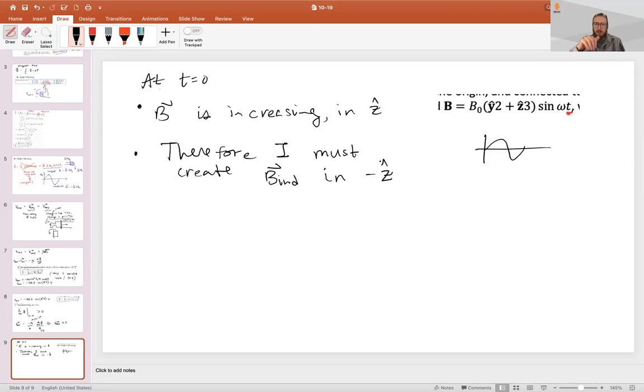And that current must create a B induced that opposes this change, right? So this is the field and it induces a current. And the current must create another induced field that opposes it, right? So if the field is going up in Z, and it's increasing, you need to have an induced B in the minus Z direction to oppose and balance that change. That's in minus Z. So that means, right, if your B induced is opposed, then your current must go from